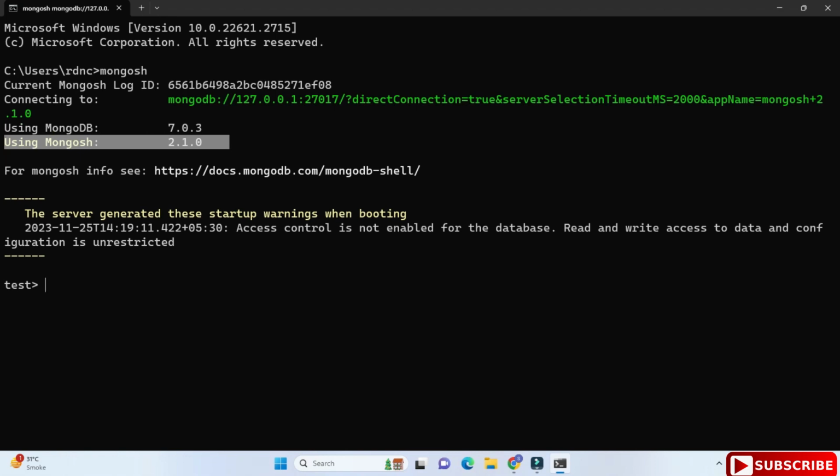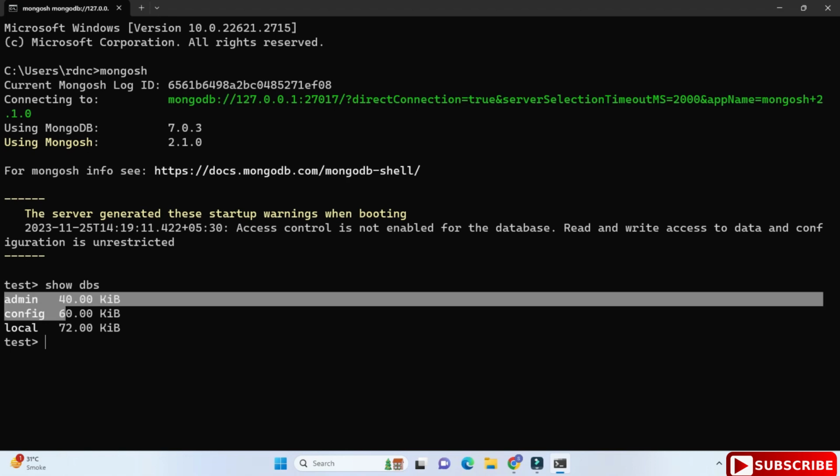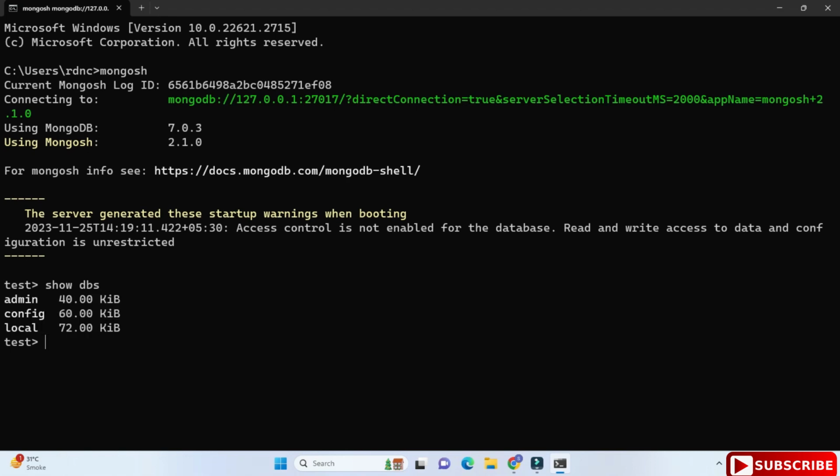Now I'm going to type some commands over here. So guys, you can see here it is showing the test database, which is the default database. I don't want to use the default database. I will be creating my own database. So first of all, I'm showing all the available databases. For that I have written the command show dbs. These are the available databases which it has shown.